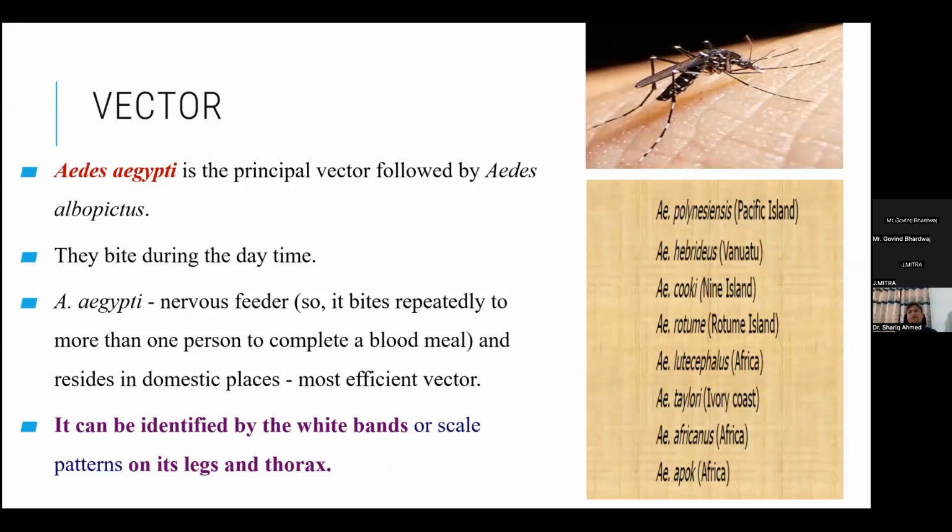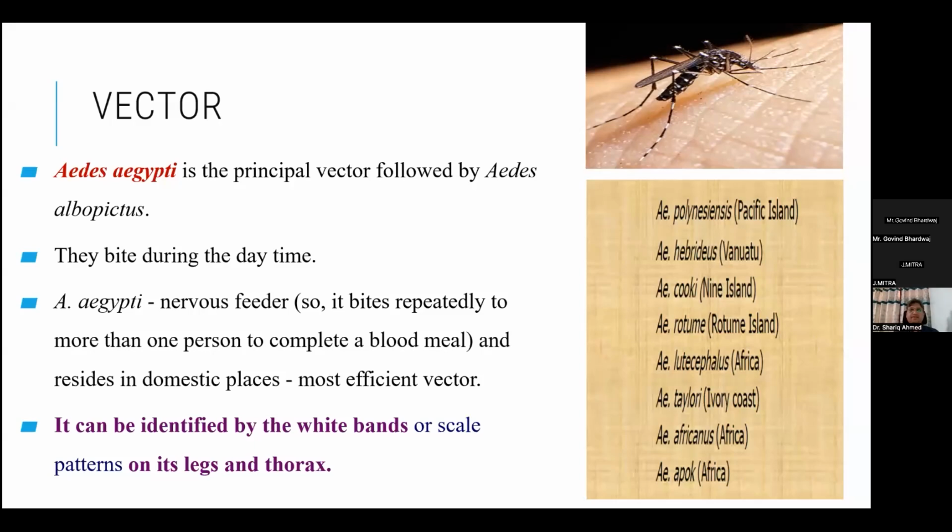Now, as we know, it is an arbovirus. Dengue is an arboviral disease, so it is transmitted by a vector. The vector in this disease is the mosquito. There are three types of mosquito, like Aedes, Culex, and others. Aedes is the vector of dengue viruses. And among the Aedes, there are two major varieties: Aedes aegypti is the principal vector and Aedes albopictus is